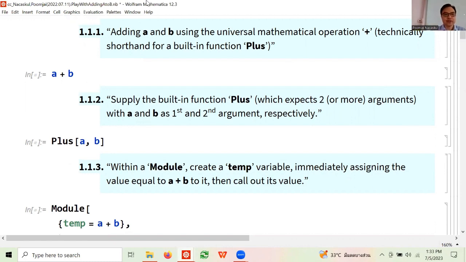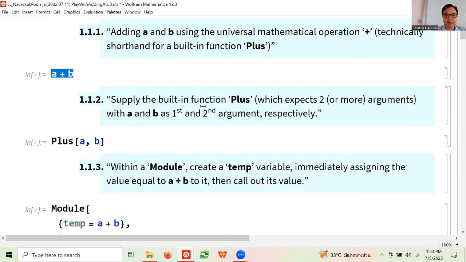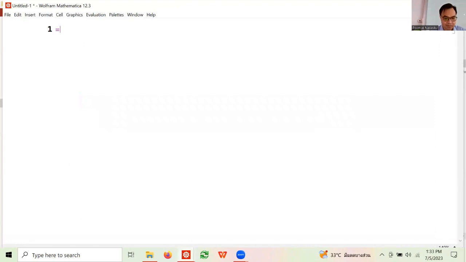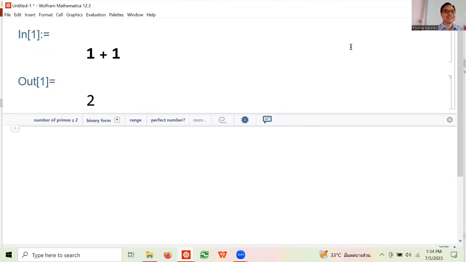Okay, so what do you do? You type in A plus B. Well, actually, better, type in 1 plus 1. Now, if you press Enter, it's just going to go to the next line. The only thing you have to memorize is that with Mathematica, you have to press Shift+Enter to say, over to you. So that gives you what? 2. Wow, that's very advanced mathematics there.